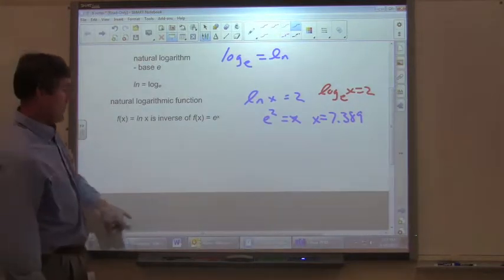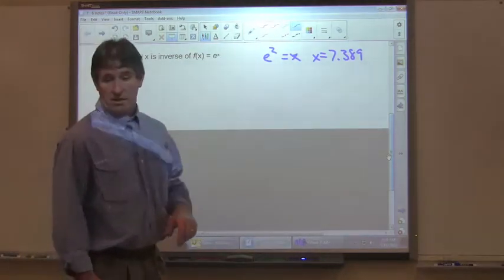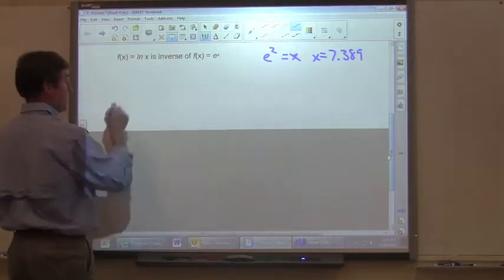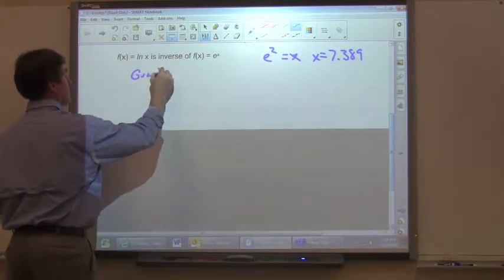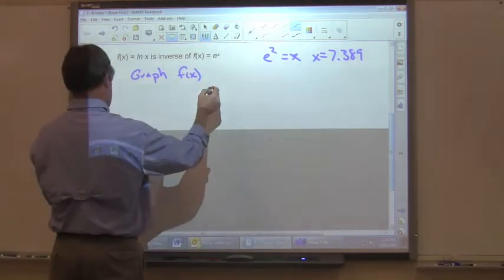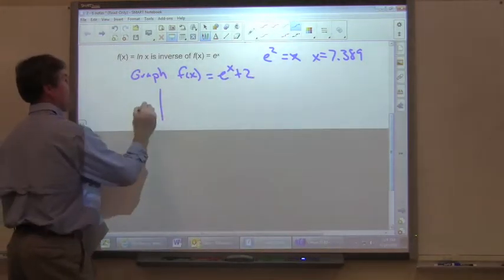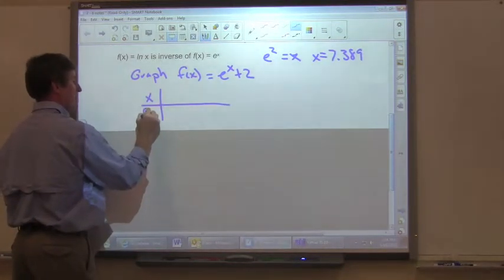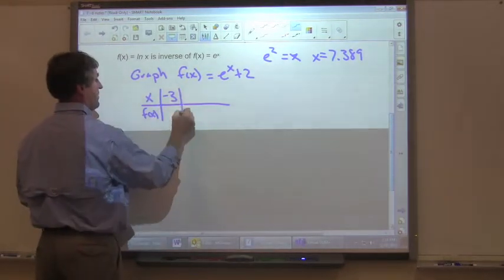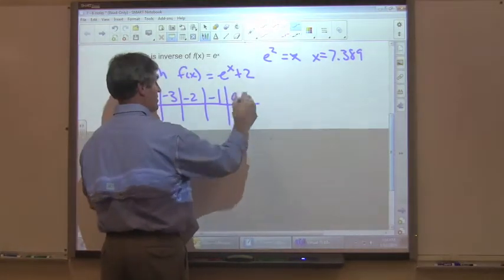So some examples. One thing you're going to have to do is graph it. So they're going to ask you to take and graph f of x equals e to the x plus 2. So the first thing we do is we make a table with our x. And remember, our f of x is our y values. So I'm just going to make this -3, -2, -1, 0, 1,